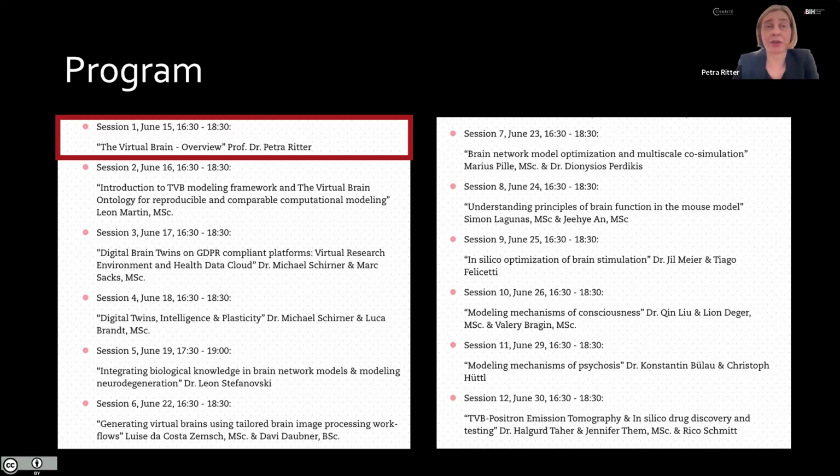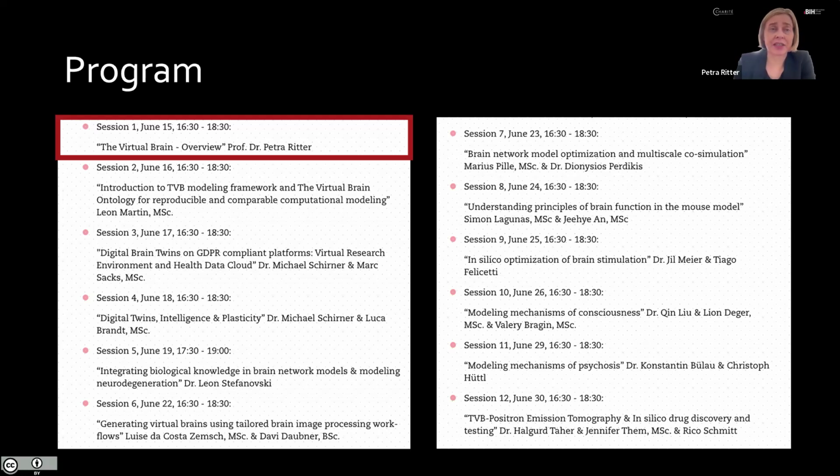Not only in Europe, also in other regions of the world, data privacy is important, and there are different legislations. In Europe, this is the General Data Protection Regulation. If we deal with digital brain twins, then we also have to protect the privacy of the individuals whose brains we are simulating, and how this can be done will be explained on Wednesday.